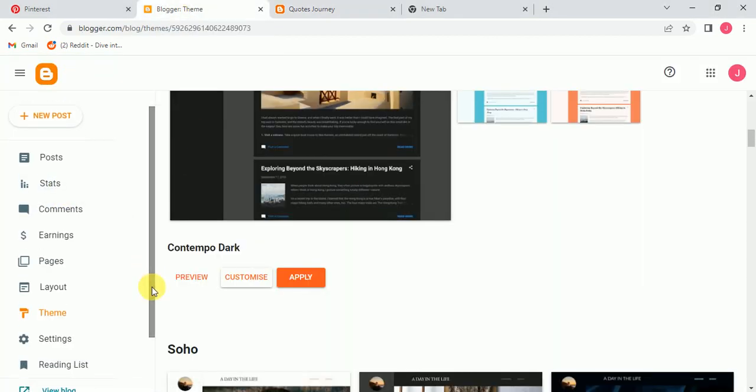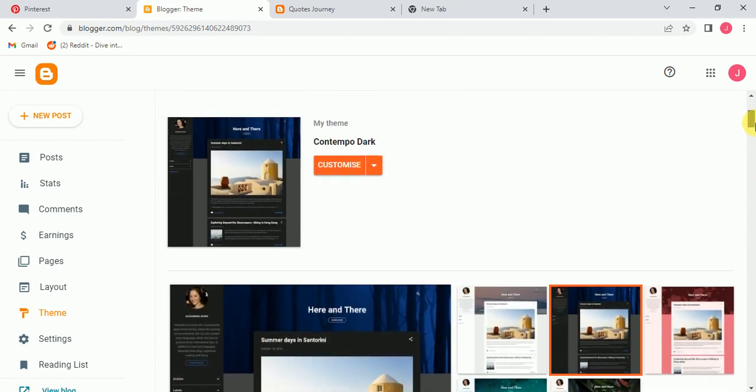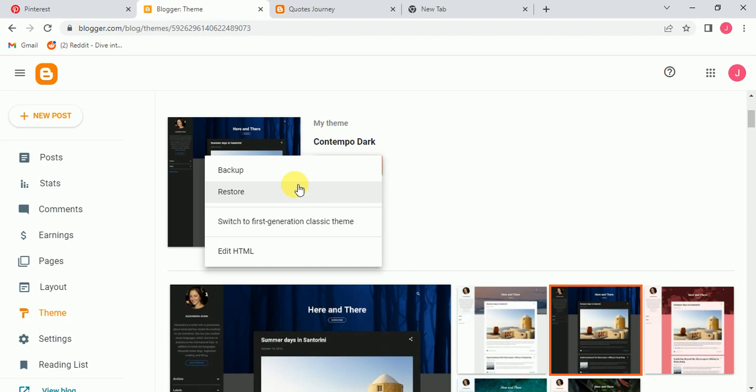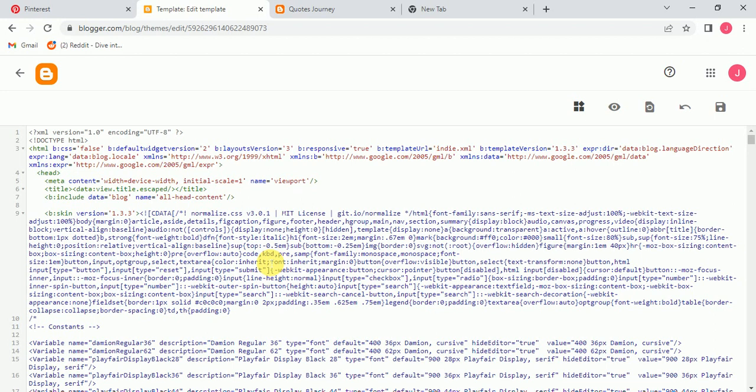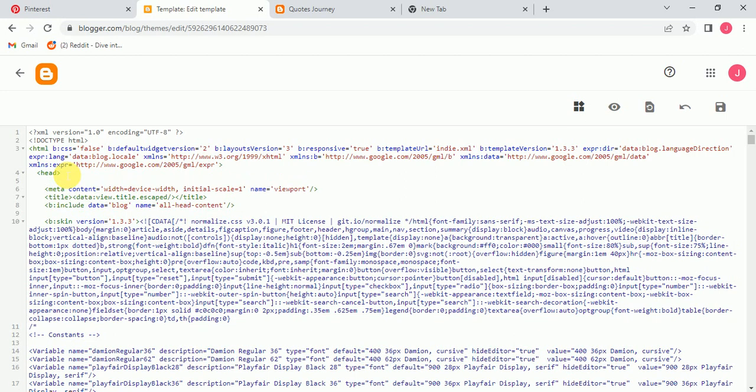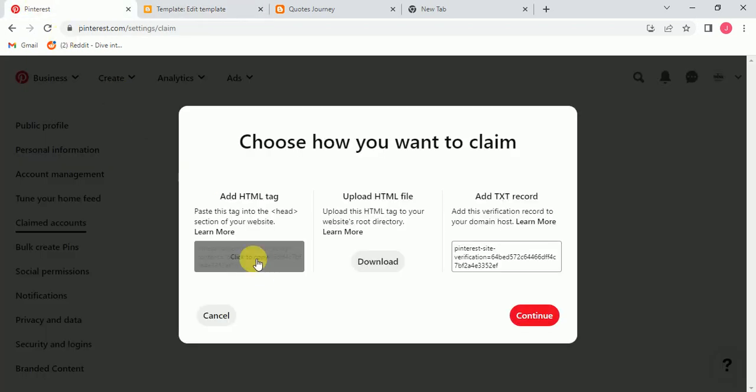So I go to the theme section, click on this, and after that edit HTML. After that, we search for the head section. Click anywhere in the page and press Ctrl plus F, and you can see there is a search bar. Here you can write head, and let's see, it shows us the head section. Press enter one time and paste the code, this code here,